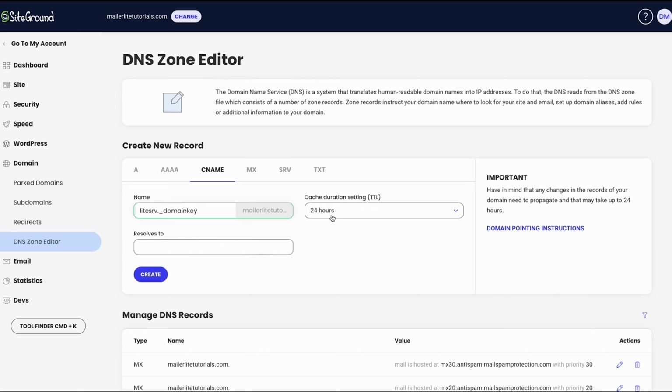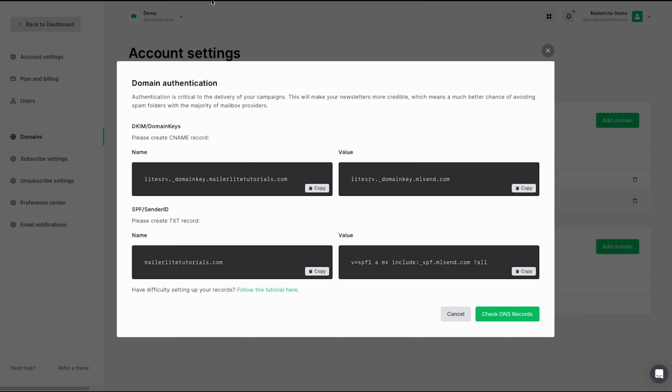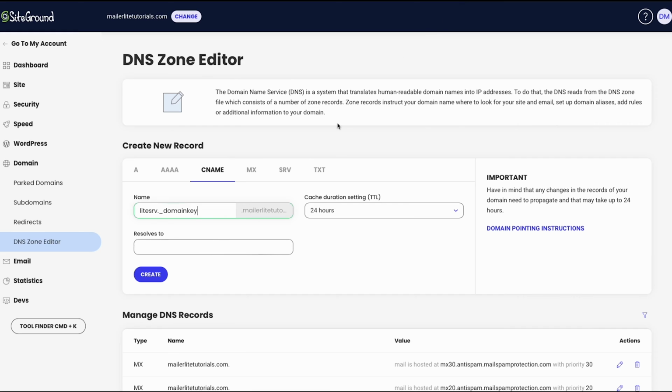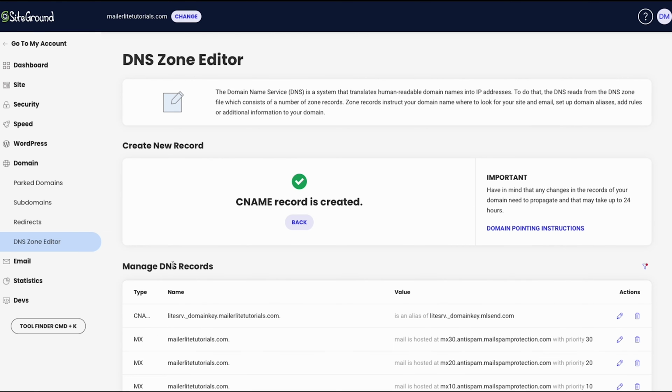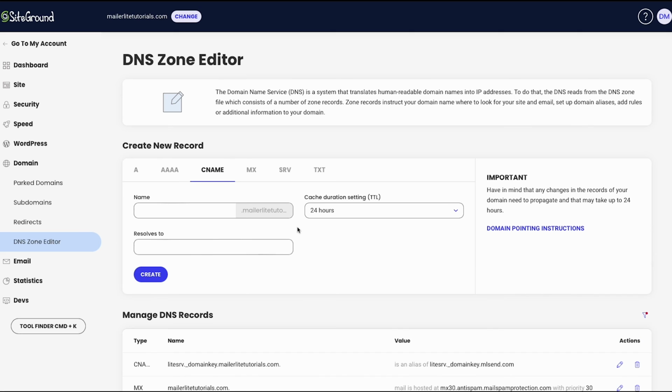Now let's go back to our MailerLite account, and we're going to copy our value field. Once copied, go back to your SiteGround account, and then go ahead and paste that information into this field by "resolves to." Now go ahead and click Create. Once created, you're going to hit back, and now we're going to create an SPF record and follow a similar